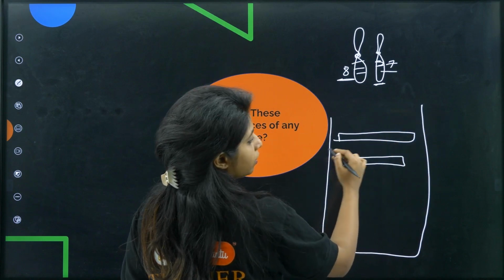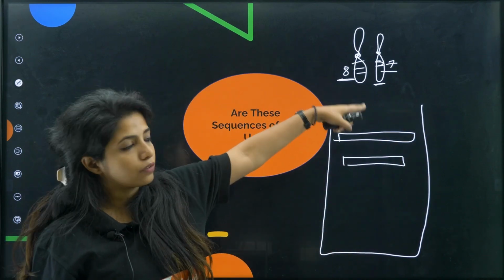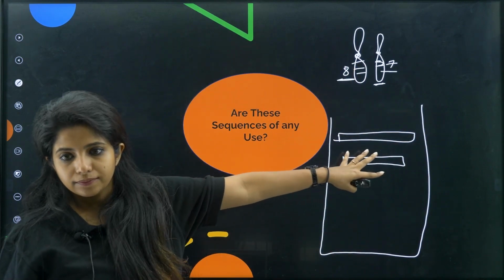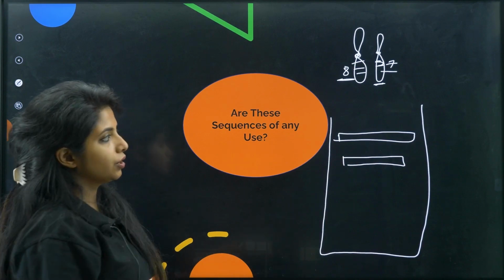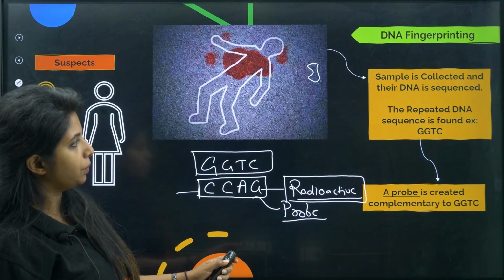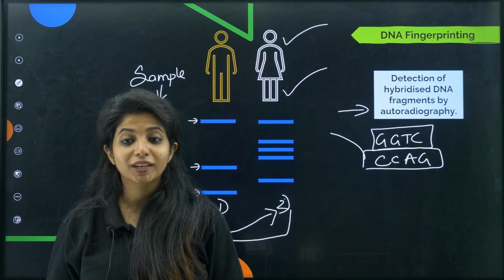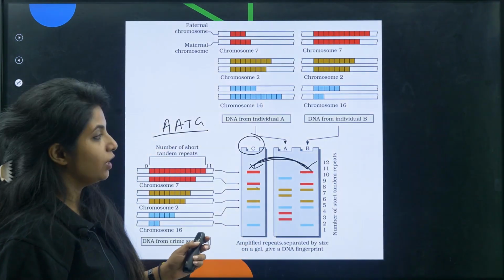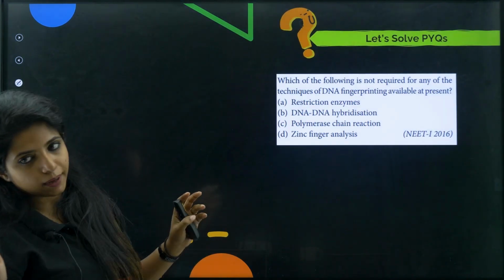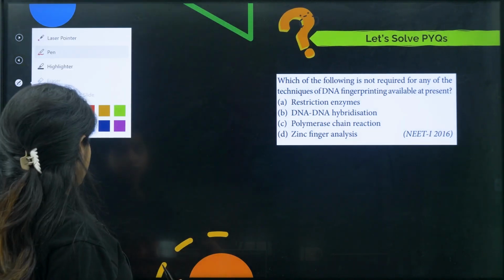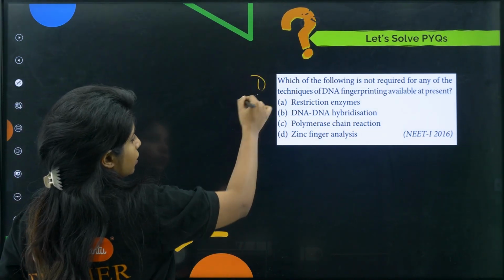Now if you have 2 of them, basically we get to know this is the father's. Fine, got it? That's all for DNA fingerprinting. If you have still not understood, you can tell me, because I know it's kind of a confusing topic. Going ahead, we have to solve the questions, children. So that is the first question that I have for you.